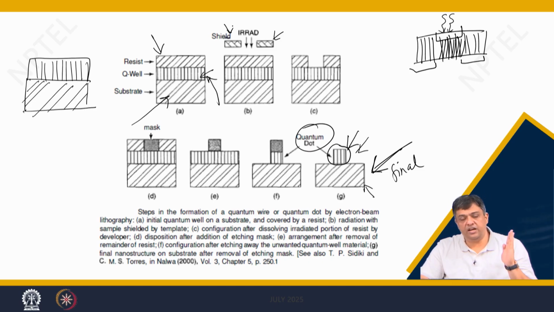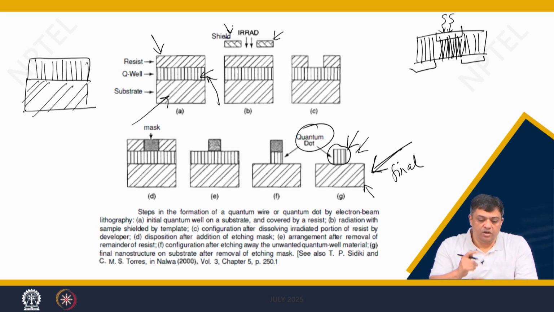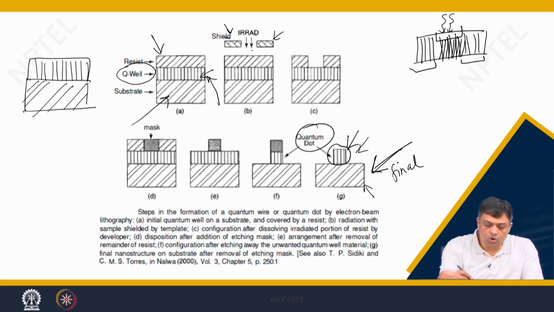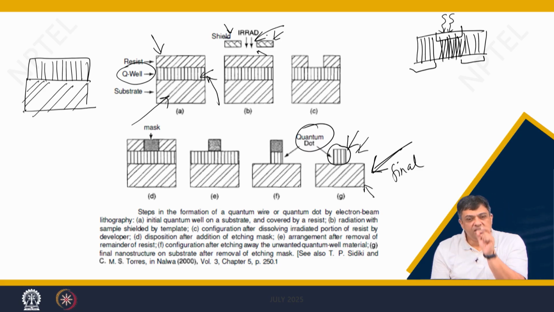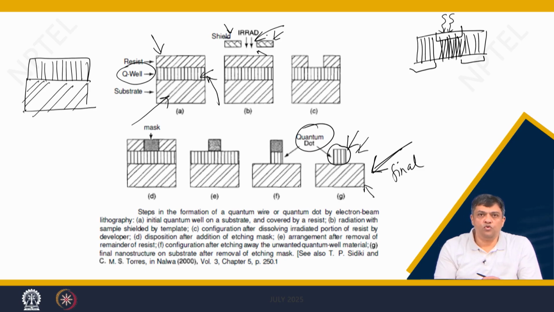So, if there is an incident source, the beam is coming out, then you can use a shield in the middle, so that the beam cannot pass through and hit your quantum well structure which is mentioned here. But you have a window in between, so that there are certain regions in which the beam can pass through. So, when it passes through, clearly what will happen? The region in which they hit will change their resistance.